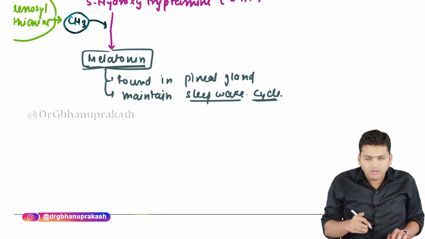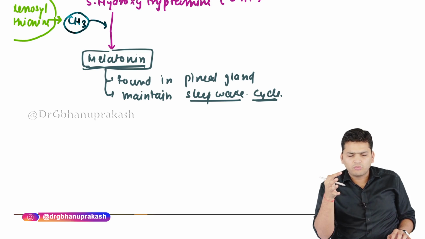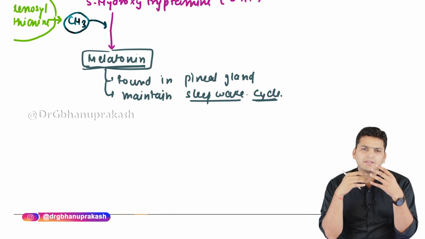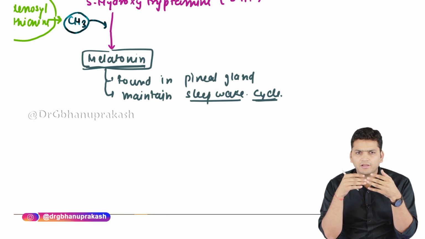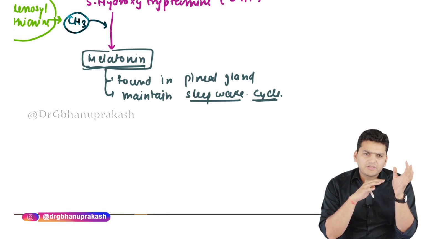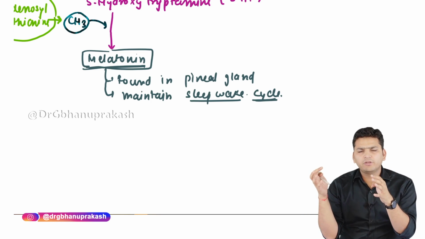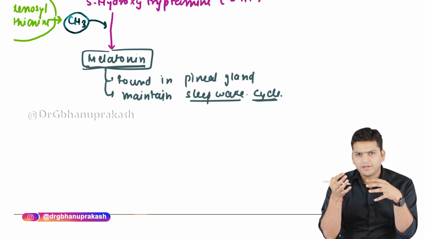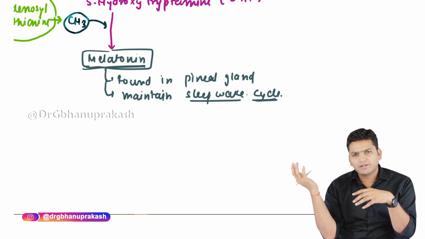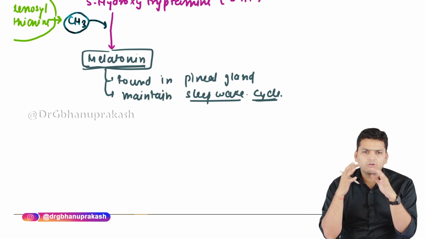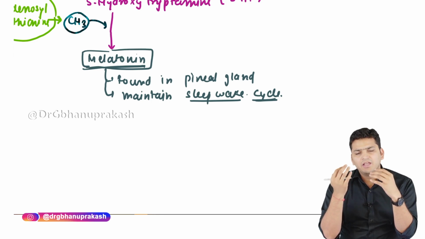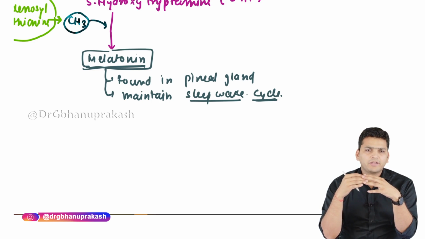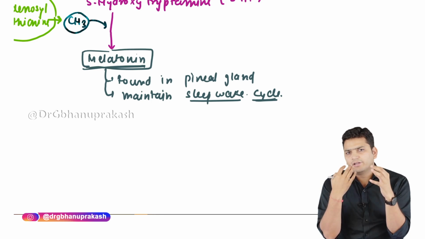When you travel across multiple time zones, there is a problem that the patient might face, that is called jet lag. Because let's say the person is traveling from India all the way to the United States of America, then there will be a time difference of almost 12 hours, right? When there is day here, there is night there, so it's completely opposite. So he is unable to fall asleep at that time. So that is called jet lag.